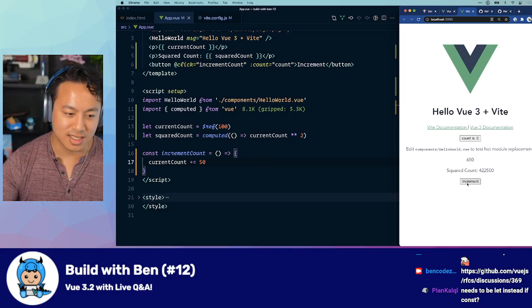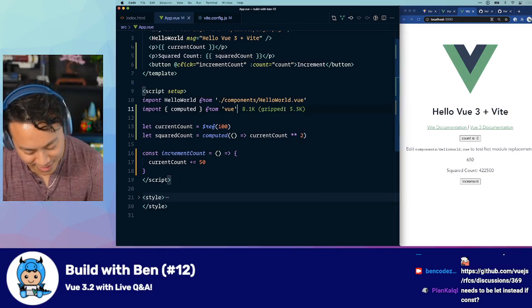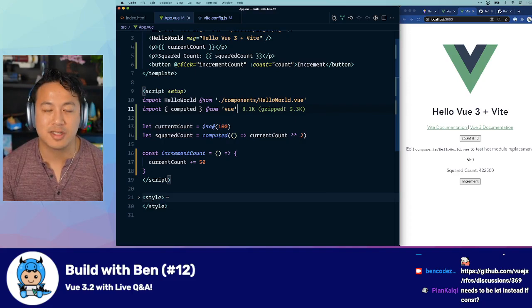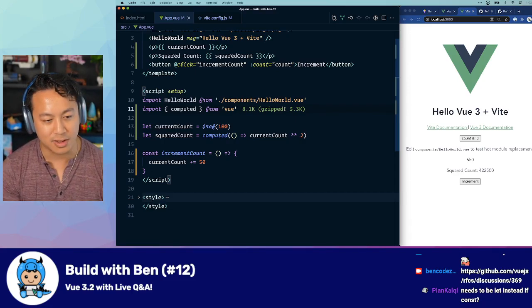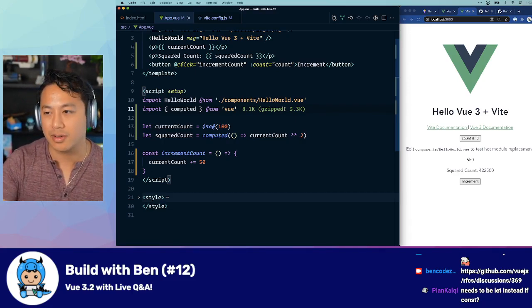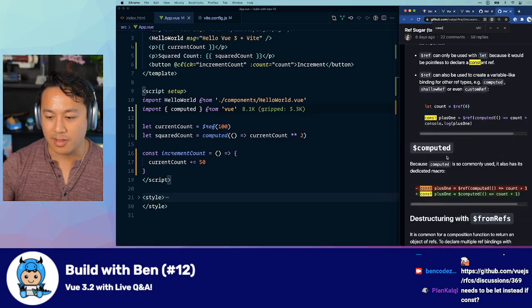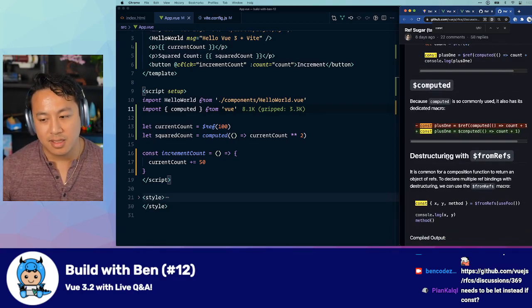That's interesting. I did not expect that. Oh, I know why. I know what I'm thinking. Okay, for a second, I was thinking I needed to use the macro to unwrap, but that's not the case. The reason why there's a dedicated macro, as discussed here in the ref, right here for computed, is because, well, just as a